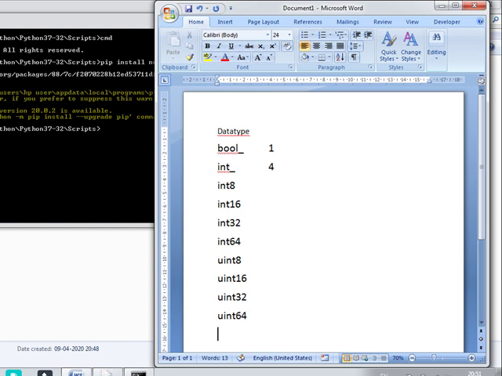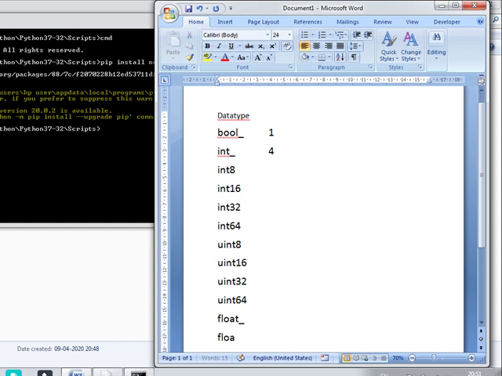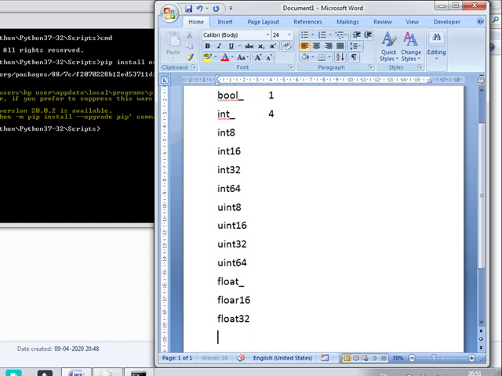Then similarly we get float16, float32, float64.